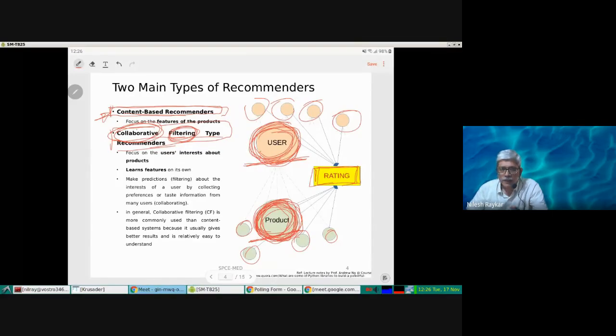So in this case, we are defining, for any machine learning problem, you have features and you have labels. In this case, the labels can be considered as the ratings given by the people, and the features you can consider as the features of the product. If we assume that way, collaborative filtering doesn't require these features. In fact, it finds out what the features are. So it is also a different type of thing.